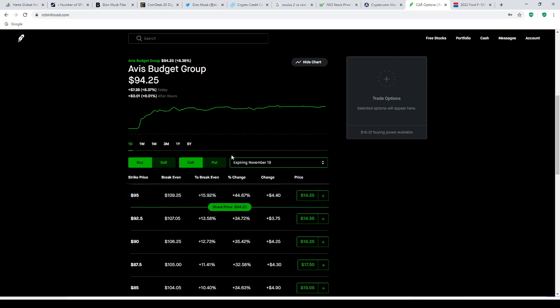Exactly. So I'm not paying $1,400 for this. Like if that's a scenario, sometimes I look at what's the price to call price. I'm looking at 94. Sometimes it's cheaper, honestly, to buy the stock itself rather than the call option, depending on